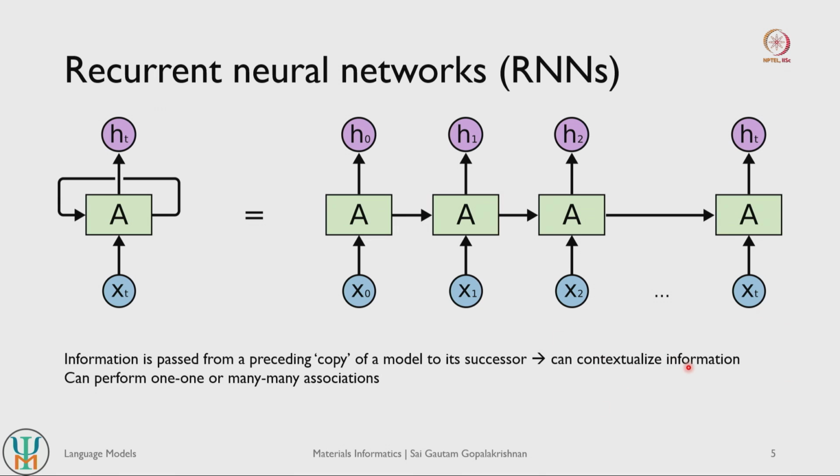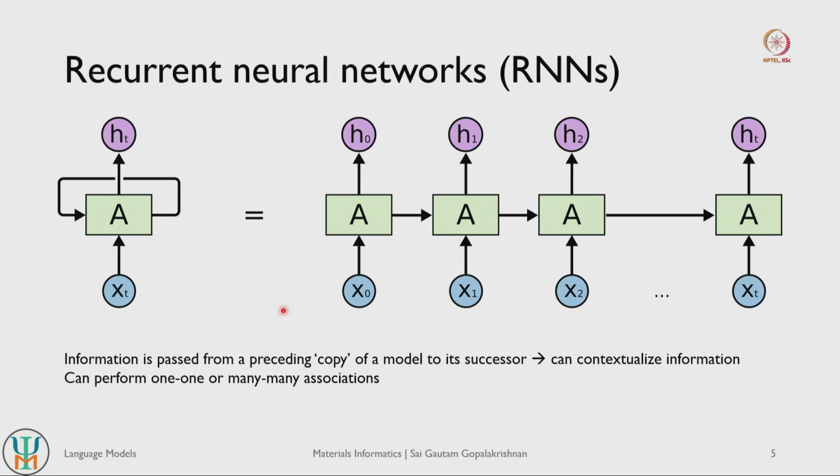This is what makes RNNs different from our regular dense neural networks or convolutional neural networks. Given this type of persistence of information, we can now perform either one-to-one associations or many-to-many associations as well. Your first input can still be tied to this final output here, so these two can be associated. Your second input can also be associated, the third input can be associated, and vice versa. Your first input is associated to your first output, your first input is also associated with your second output, and so on.